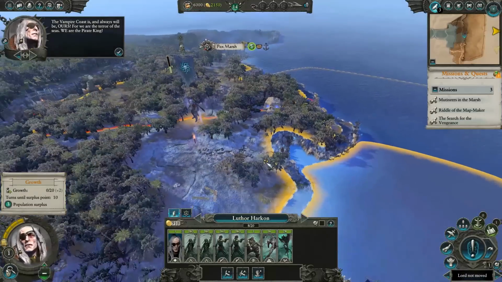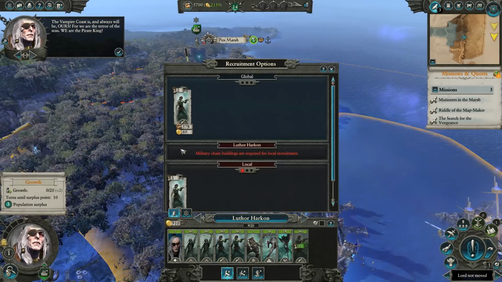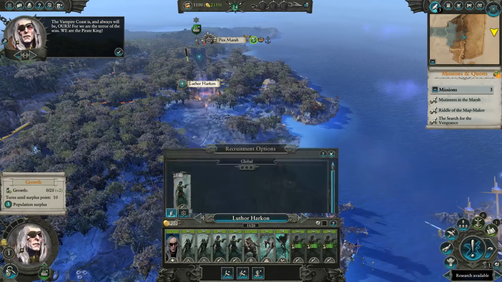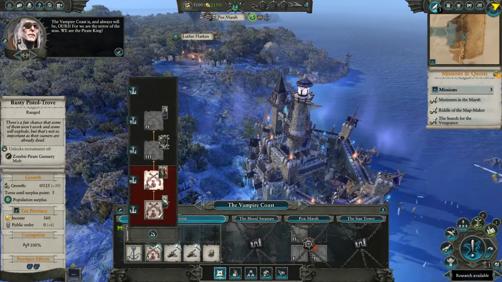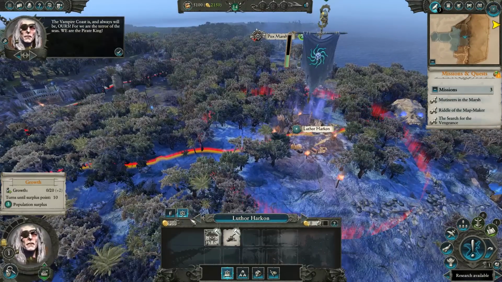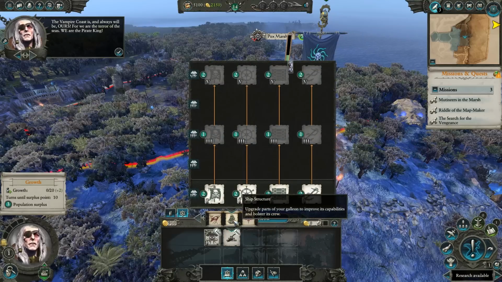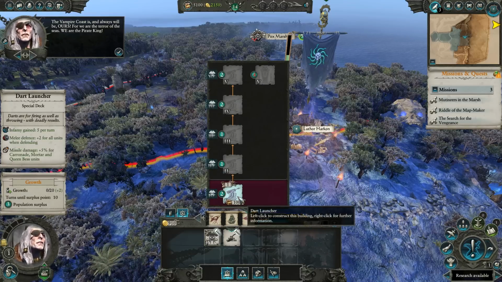Now, starting as Luthor Harkon is a little odd. You don't really have a whole lot as far as guys go. I went ahead and reinvested in his gunpowder units because the gunpowder units for Vampire Coast are just really ridiculous. I was a little underwhelmed by Luthor Harkon's starting position, not least because the starting units that they give him